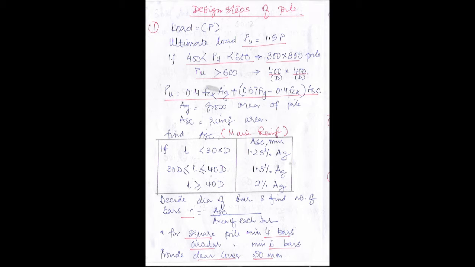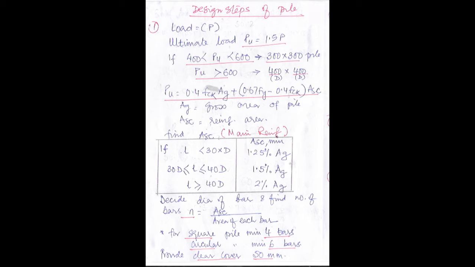Now after you have confirmed your ASC, you decide the diameter of the bar. Here I would suggest that a minimum 20 millimeter diameter bar is used. You can use 22, 25, 28 millimeter diameter. It completely depends upon you and the expertise of the structural engineer what diameter you are going to take. And the more problems you practice, the more idea you will get of how much to take. So you assume any diameter of the bar.